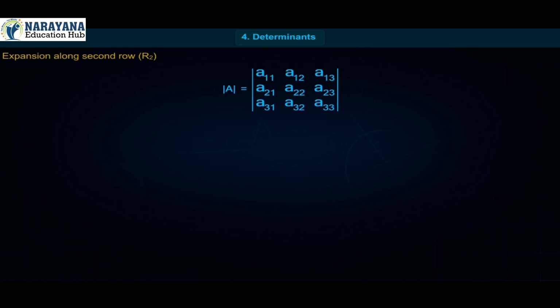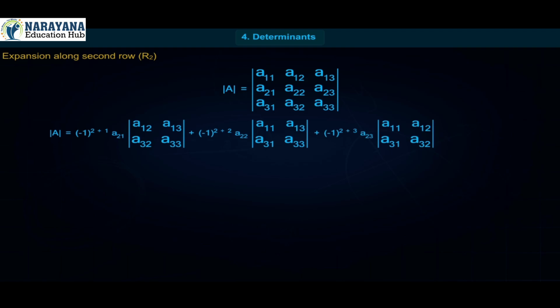Determinant of A is equal to determinant A11, A12, A13, A21, A22, A23, A31, A32, A33. Determinant of A is equal to minus 1 raised to 2 plus 1 into A21 into determinant A12, A13, A32, A33 plus minus 1 raised to 2 plus 2 into A22 into determinant A11, A13, A31, A33